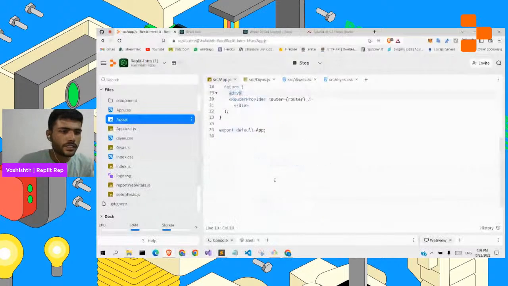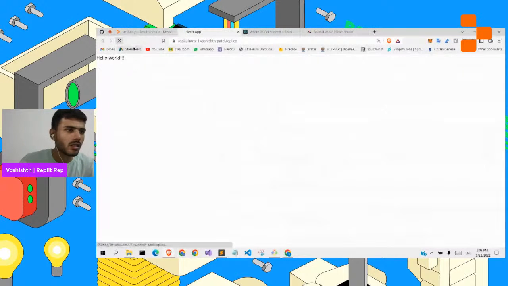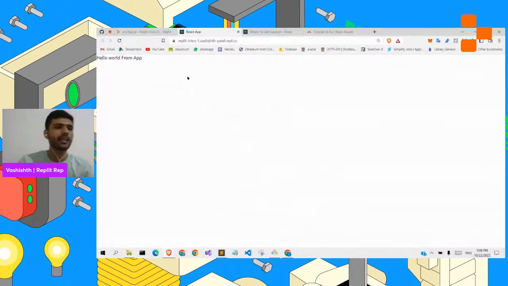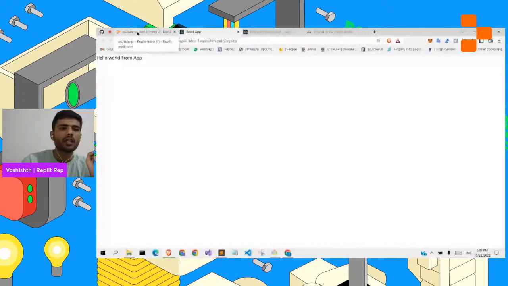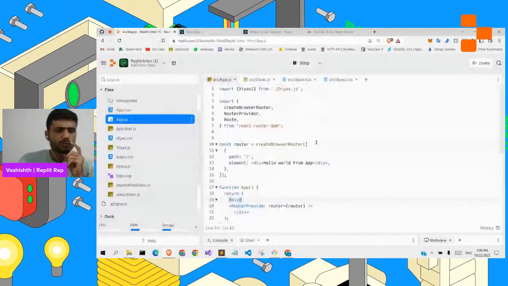And now let's just check. Hope it will work. And you see it is working. It is saying hello world from app. Fine. So now I guess the issue was with the router because we were not configuring the things based on